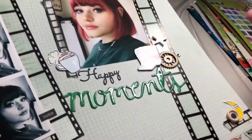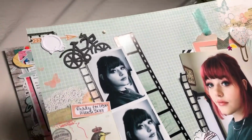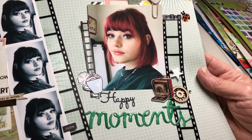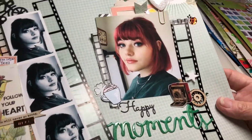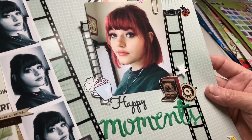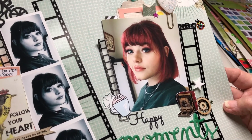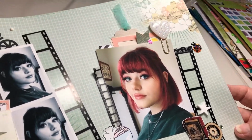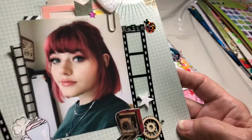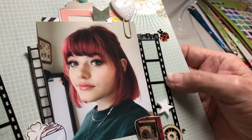This one is another, as I said, everything's out of order, and I kind of wanted to keep this one last for this video purpose. This is another one that I couldn't reveal. It was in the Chinese Whispers. This design of the film strip down the side and then a larger photo here came to me as the layout that I was supposed to lift. And it's a design that I've used for several years, and I happen to have some of these. I've been hoarding them, and I used, as you can see, a couple on this layout of these kind of vinyl film strips that